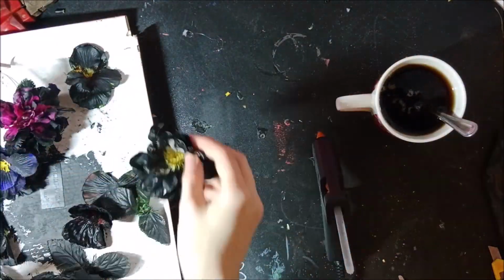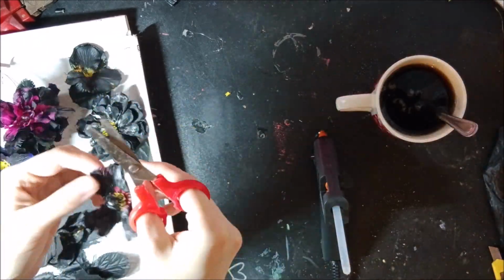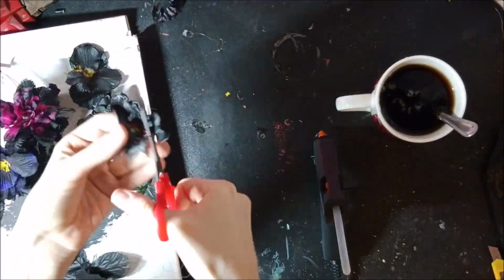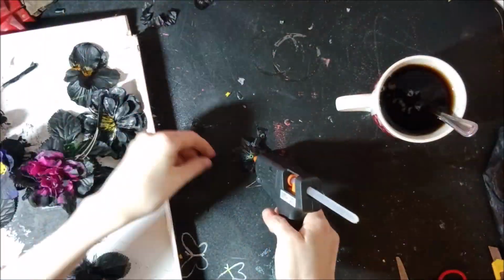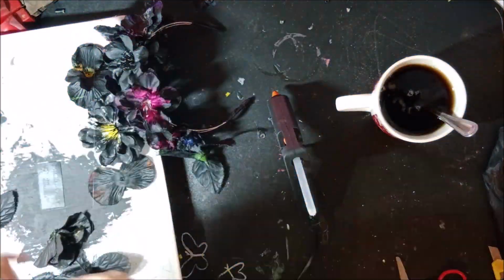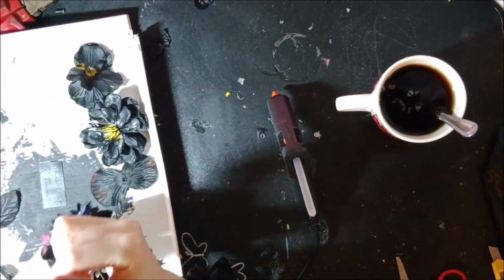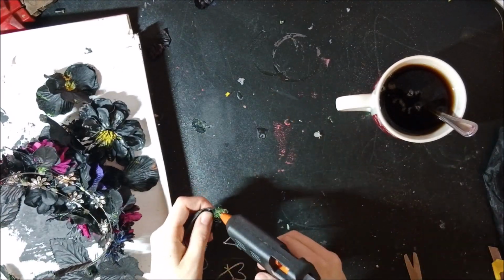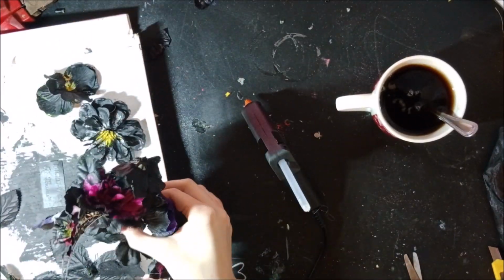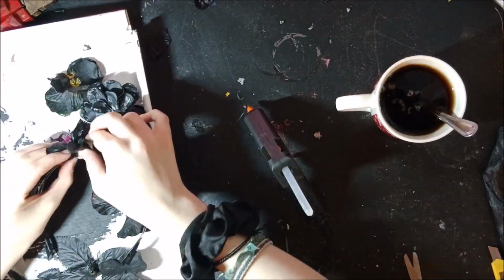One thing I regret is that I only painted one of the smaller flowers. I don't know. I didn't really think about the size of the flowers while painting them. I focused on the shape. So I ended up grabbing one of the bigger flowers that I made, like a poppy, and just cutting it down so that it also fits, because I just put one smaller flower on one end and one